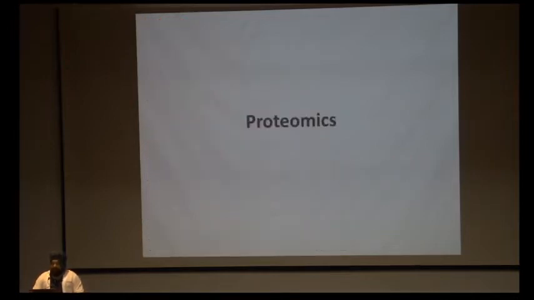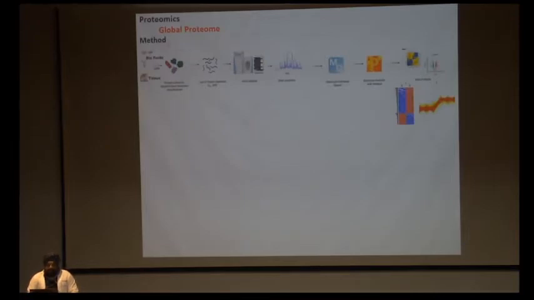So proteomics, as I told everybody, is a branch of biology, basically biochemistry, which deals with analysis of proteins. In global proteomics, if we have different types of cells, biofluids or tissues, we isolate proteins from these samples and then subject them to digestion by trypsin. Trypsin is a sequence-specific peptidase which will digest the proteins at known amino acids, arginine and lysine. So we will have the sequence known. At the N terminal or the C terminal, there would be arginine or lysine present in the peptide.